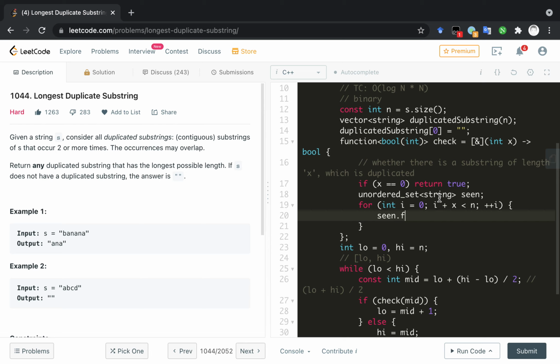But I'm not familiar with the API of string view. Let's use the string first. If we got a TLE, we will try a string view then. So let's write string